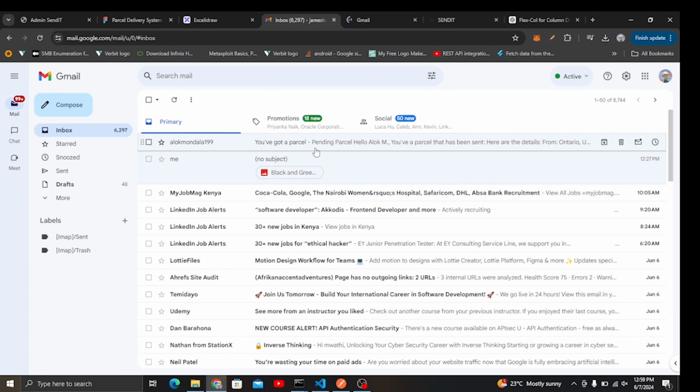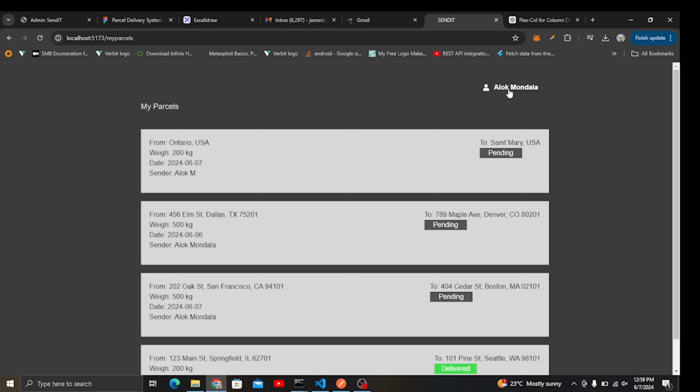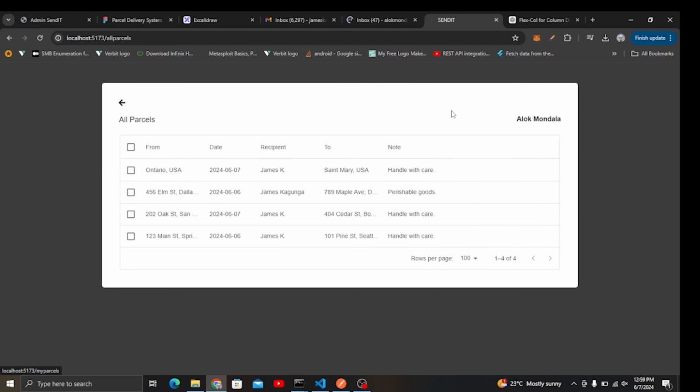You also be able to receive an email that their parcel has been delivered to their destination. So now the other thing that you'll be able to do as a staff or as a sender is that you'll be able to see all the parcels that you are able to send with this company. And also you can see this